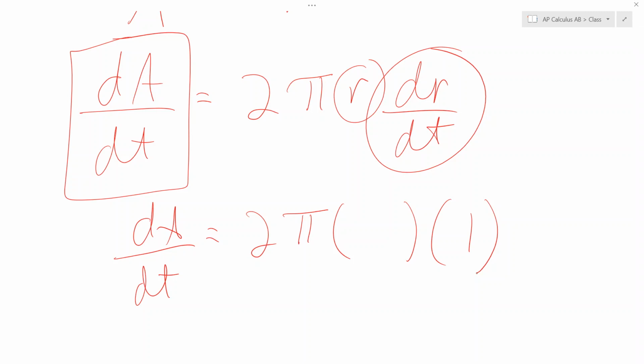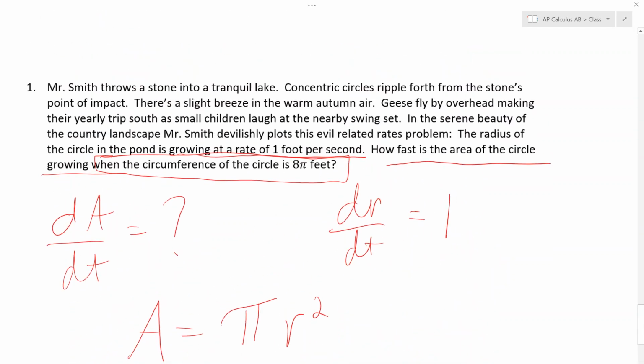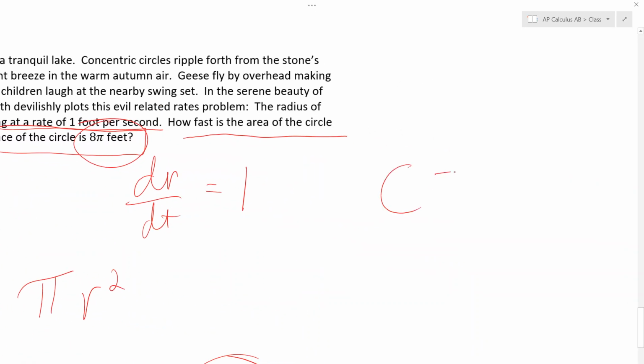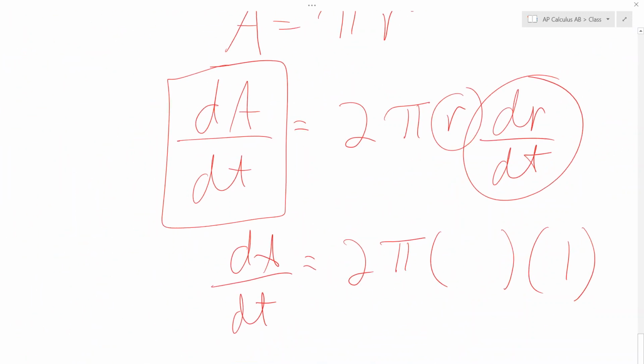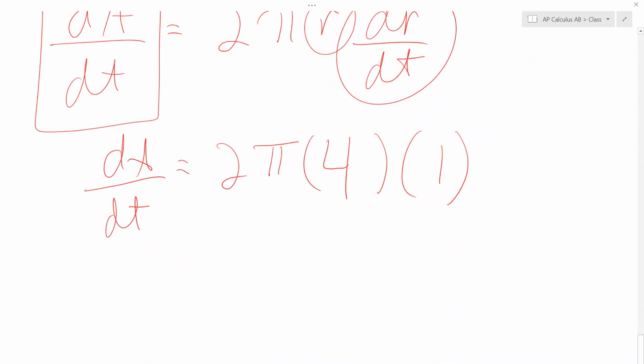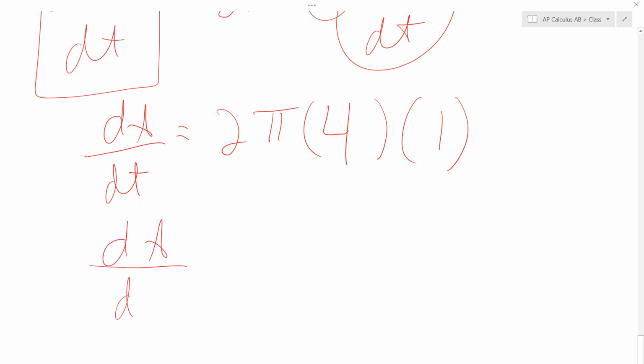That's usually that when statement. Okay? It says when the circumference is 8 pi. Yeah, we know circumference is 2 pi r, so there's two variables in an equation, right? There's circumference and there's radius, meaning if you know one, you can find the other. So if circumference is 8 pi, you solve that, that means the radius is just 4, okay, at that moment in time. Which means the rate of change of area is 8 pi times 1,